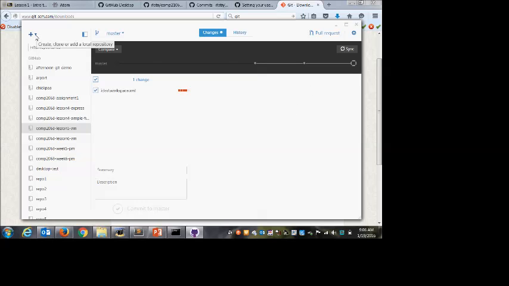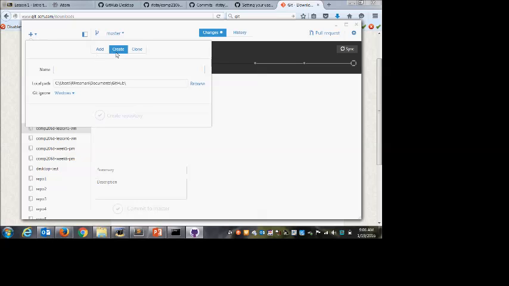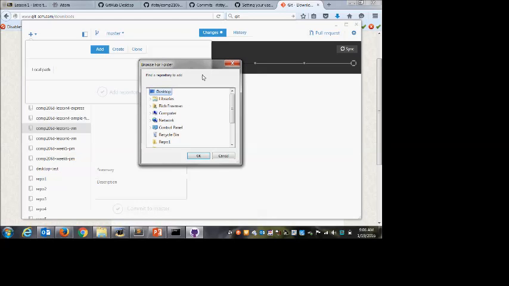If I want to open my existing local repository, I'll click the plus sign. I don't want to create a new repository. I already created the repository with that git init command. If I click on add, I can browse into my